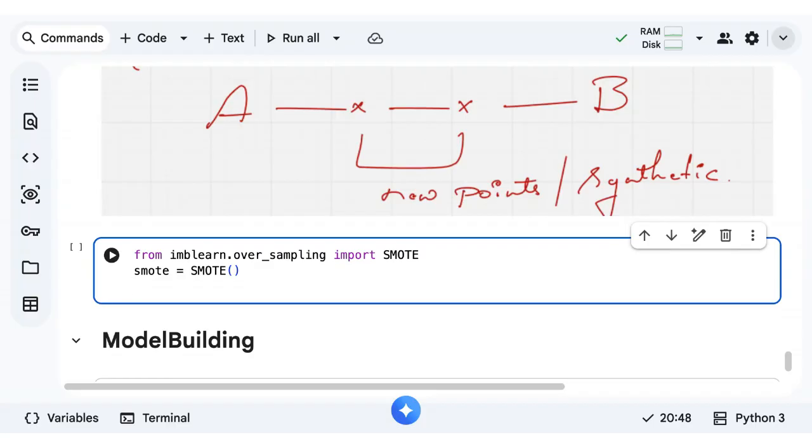I'm applying it on the train data, not the test. Only during training do I have to give equal importance, not during testing. I have to spend an equal amount of time teaching Python and machine learning, but there is no rule that I have to ask an equal number of questions in a test. I can ask whatever I want. So balancing should be done only on train data. Please remember this.